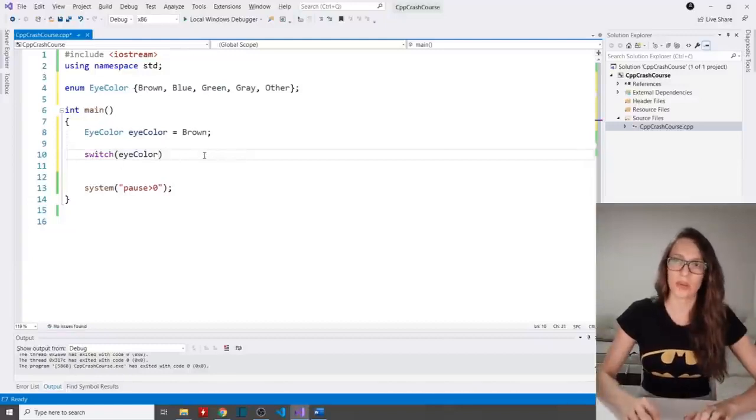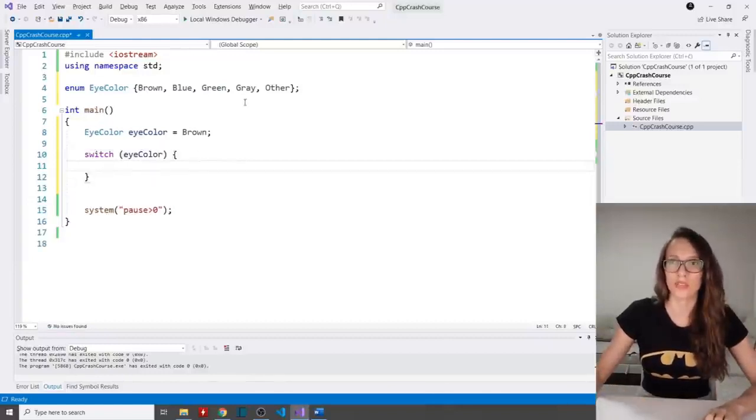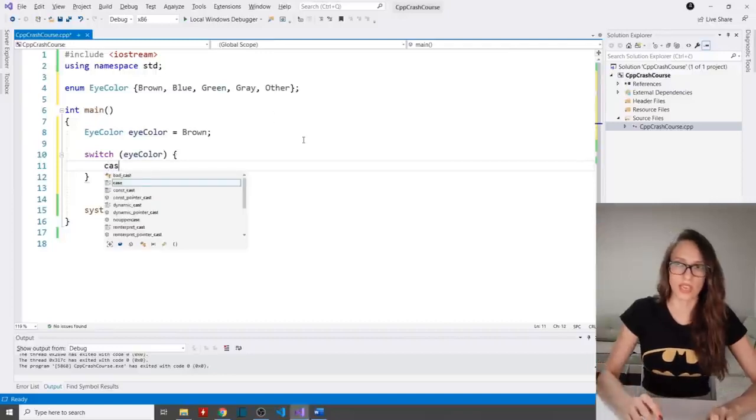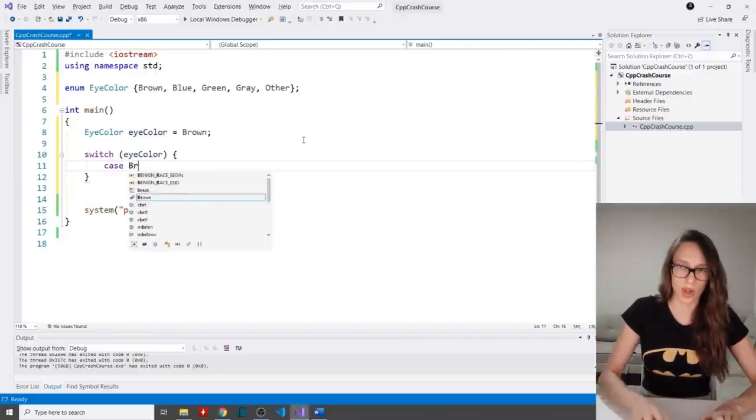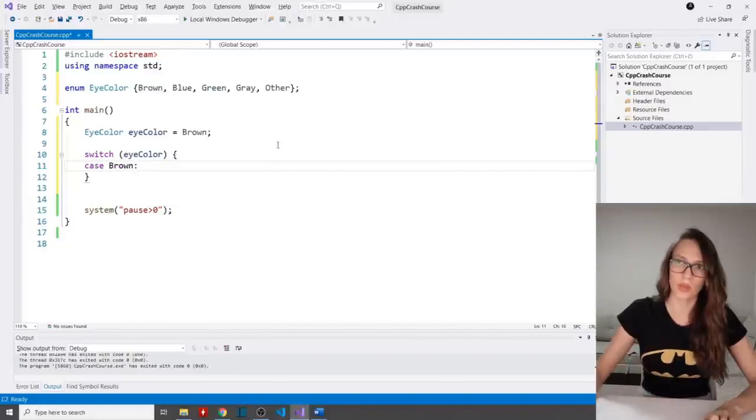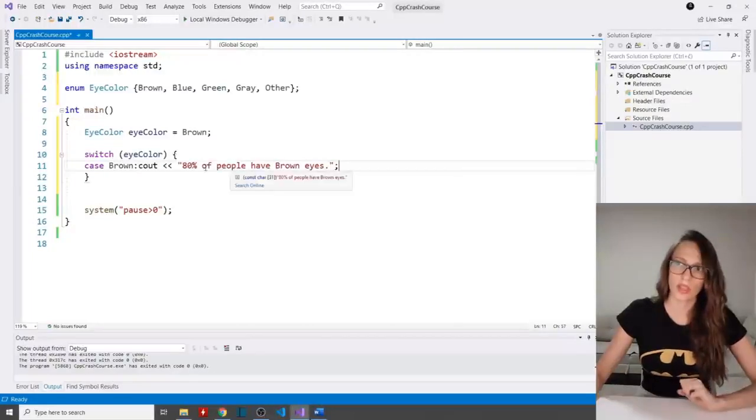And now in the curly brackets we are going to cover all of these 5 cases. So you say case, and then let's put brown first. Okay, now in the case that our user has brown eye color, I want to write out a message to my user, and I want to say that 80% of people have brown eyes.